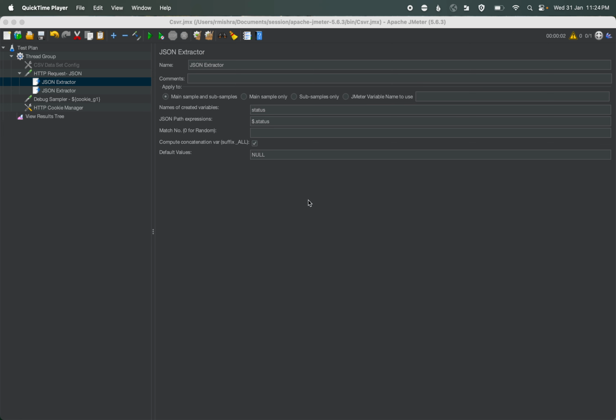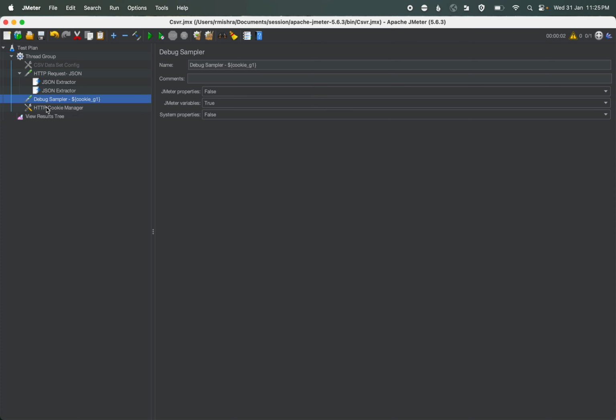Our next topic is JSON extractor. Just like the regular expression extractor, JSON extractor is also used to extract values from JSON. It will be helpful for you to easily get values. So, if we have a response like